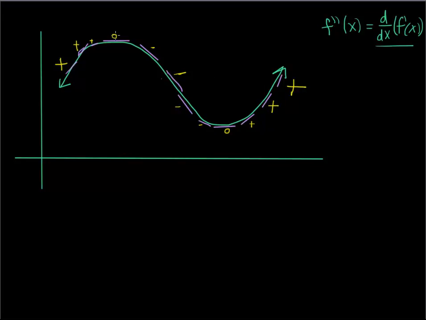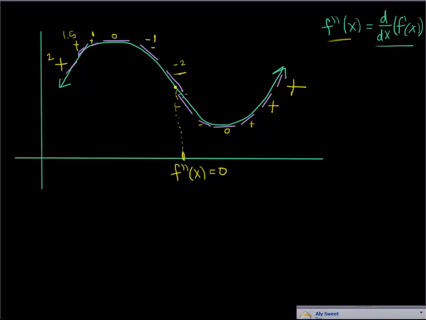So what you notice with the slope of the tangent line, again, what is the second derivative asking us? It's asking us, how do the slopes of the tangent line change? So here's what the second derivative does for us. If I look at this point right here, this is going to be where the second derivative is equal to 0. And here's the reason why. Here, notice the slopes of my tangent lines are getting smaller. Like let's say that this was slope 2, and maybe we'd estimate this to be 1.5, and then maybe the slope of this guy's just 1, and then I get to 0, and then I get to maybe a -1, right? And then I get to maybe a -2,